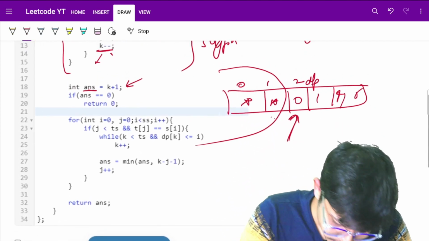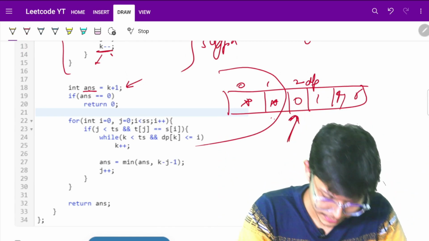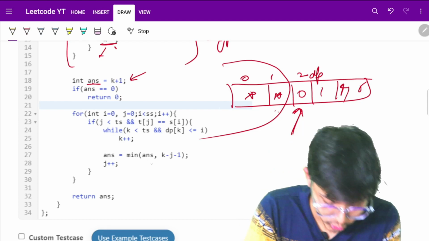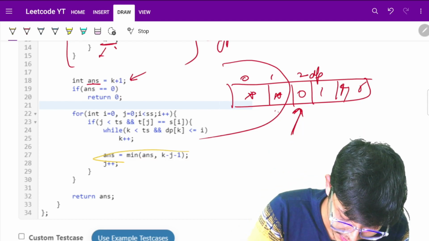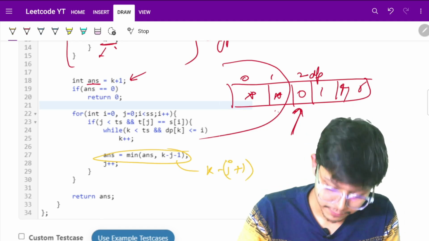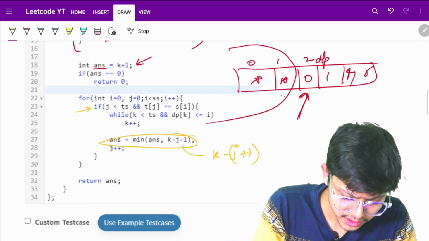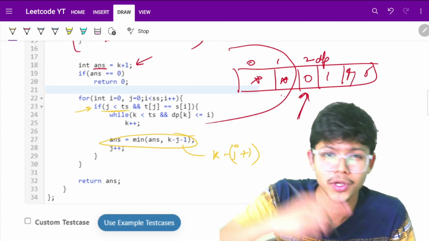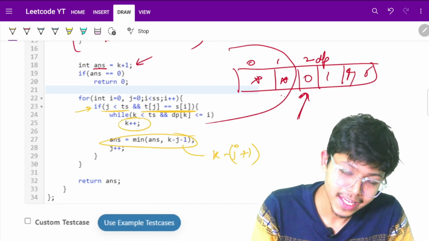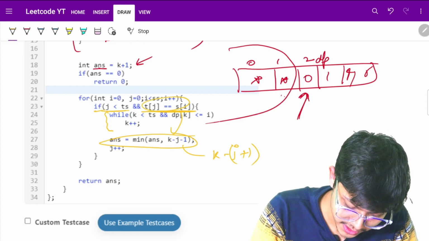Now, well and good. If my answer is 0, I'll just return a 0. I don't need to remove anything, right? Now I just do a prefix computation and simultaneously doing a minimum answer, as I showed why I did this, K minus J plus 1. Understand? Which I showed in the code also, in the explanation also. And here it is that if my simple condition that it should not go beyond the bounds of my length, and if it is equal, then I just increase my K, and I just keep on increasing my K. And if it is equal, then I just did